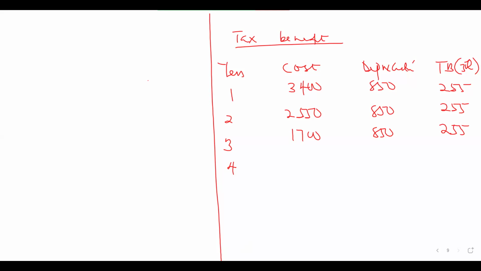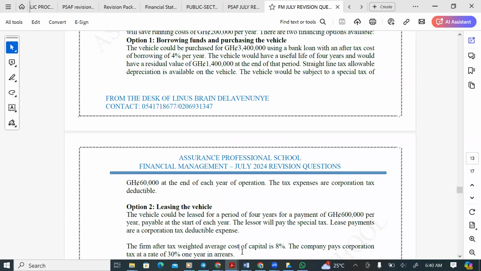Yes. Okay, but what is the residual value of the assets? 1,004. So it means that we are going to be getting a gain. The carrying value of the asset at that time will be 850. But if you sell it for 1,004, you are going to be getting a gain of how much?